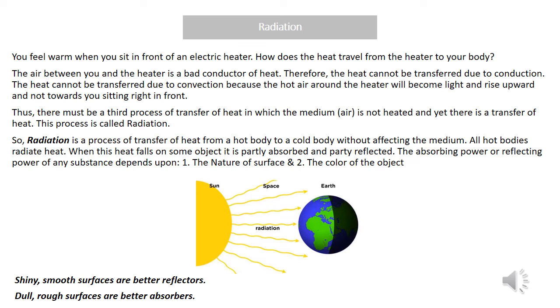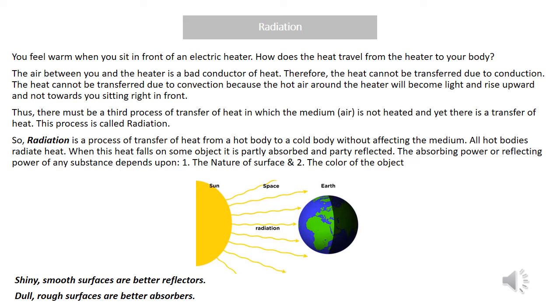In this method also, children, when the heat is coming from the sun to us, it is not affecting the medium, because between sun and us also there is air. Okay, and air is insulator, it will not get affected. So this is also which method? Radiation. Okay, but what happens when from any hot object heat is coming, or when any hot body is radiating heat? Like I am giving you example from the sun. As from the sun heat is coming on the earth, some part of this heat is getting absorbed and some is getting reflected.